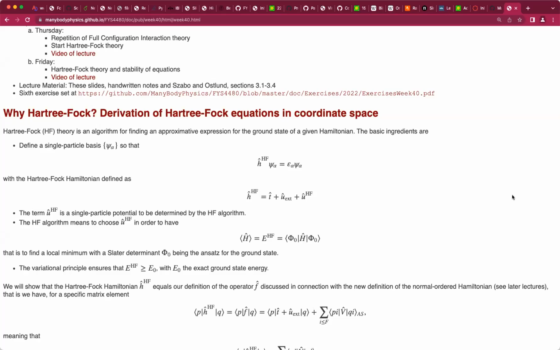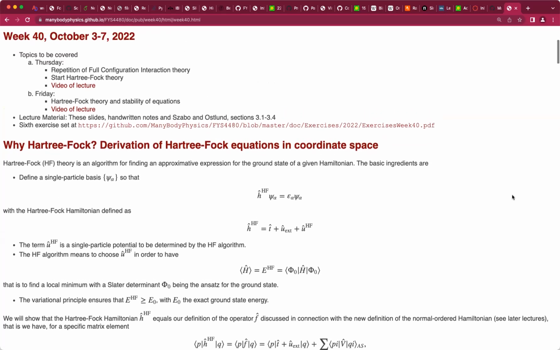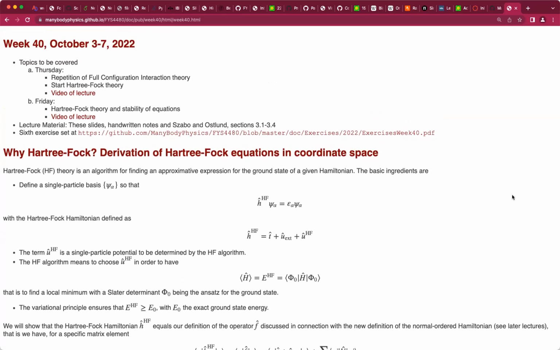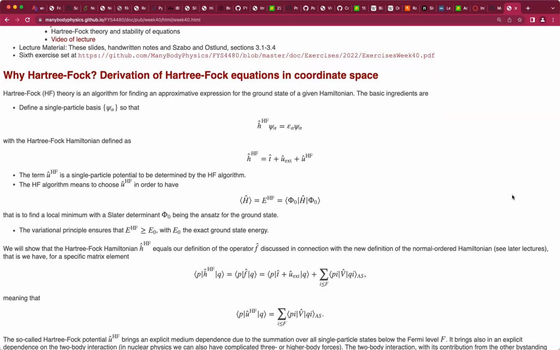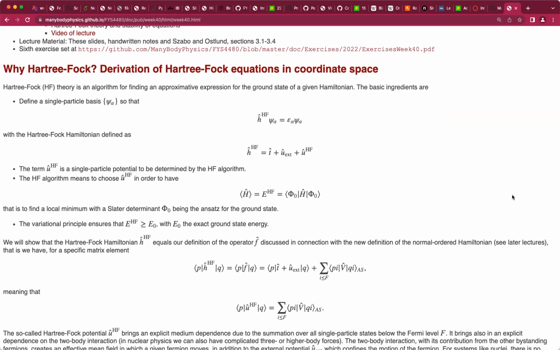Welcome back. The topic this week, as you can see from the overview of the week, is to start with Hartree-Fock theory and go through the derivation of some of the equations. And yesterday, what we did was to give a general motivation. And what we are going to show today, and we actually did that yesterday, but we did that in configuration